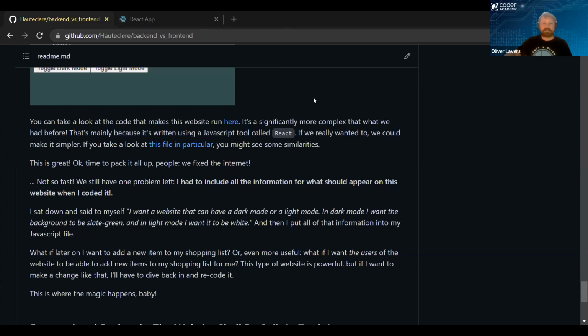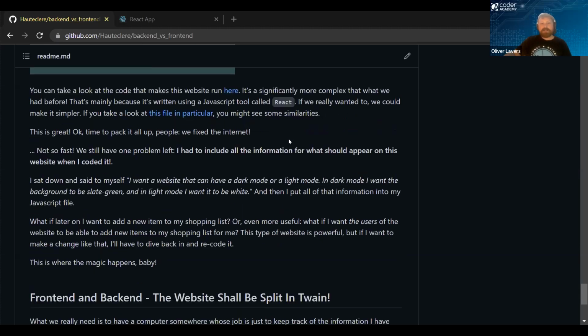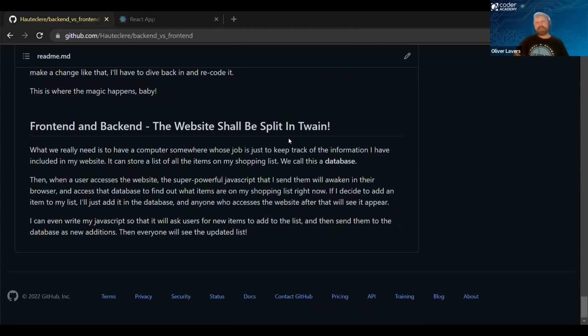Because let's say I want to add a new item to my shopping list, or even better, let's say I want the users to be able to add a new item to the shopping list. Well, okay. This is where the difference between the back end and the front end really comes into play. What I need to do is set up a computer somewhere whose only job it is to keep track of the information that I have on my website.